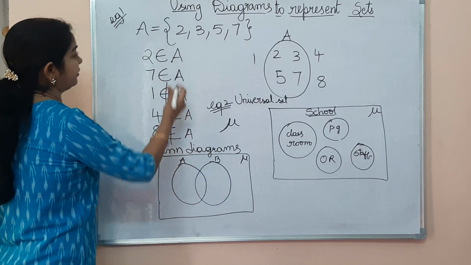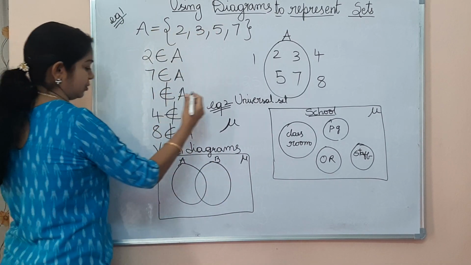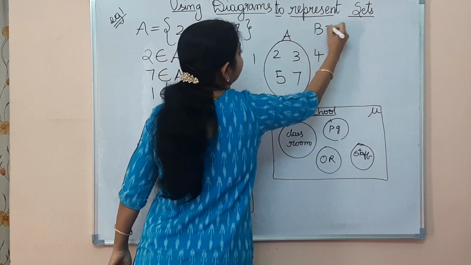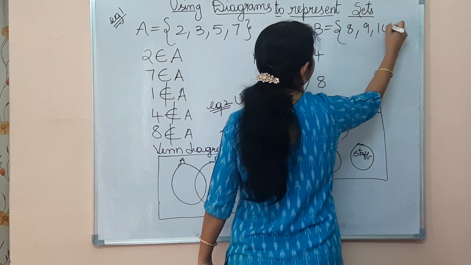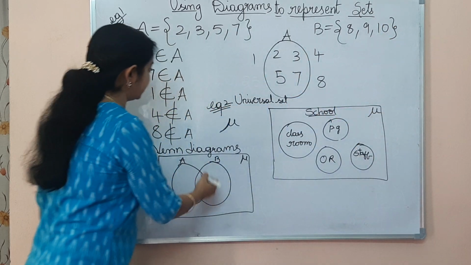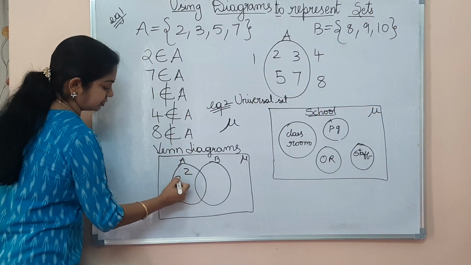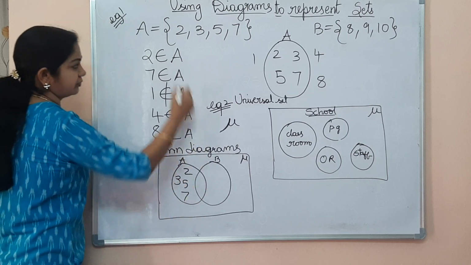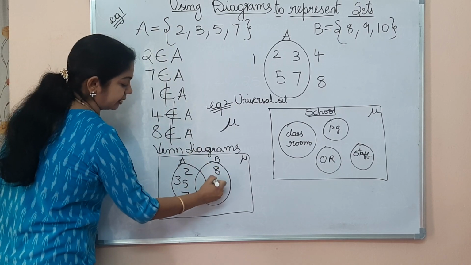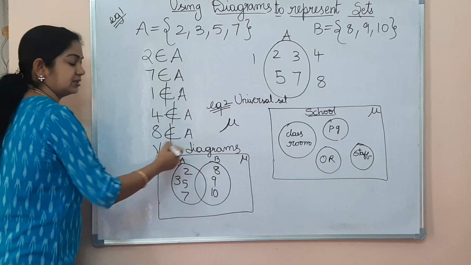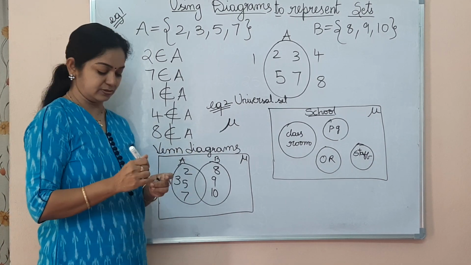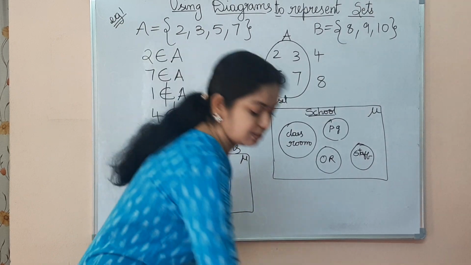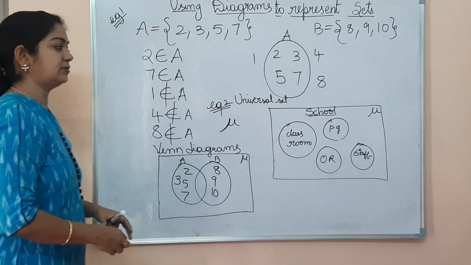Okay, like if I take the same thing 2, 3, 5, 7, or if I give some other numbers 8, 9, 10. Okay, so I'll represent here 2, 3, 5, 7 as set A and 8, 9, 10. So this is a diagrammatic representation called a Venn diagram. Let's proceed to the next one. Quickly pause the video and note down